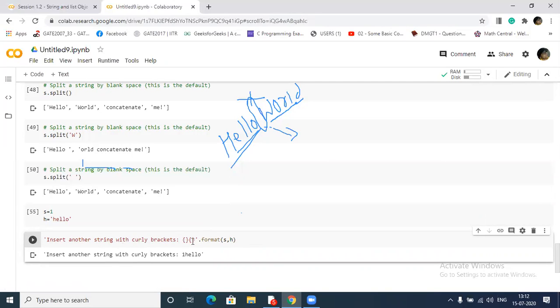If I want to print a space here, then it will also give a space. Got my point?